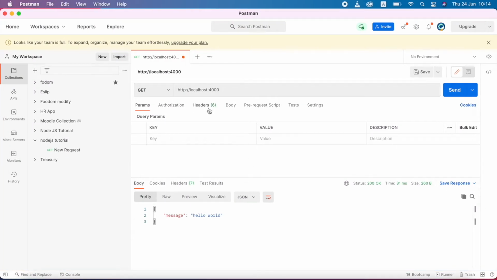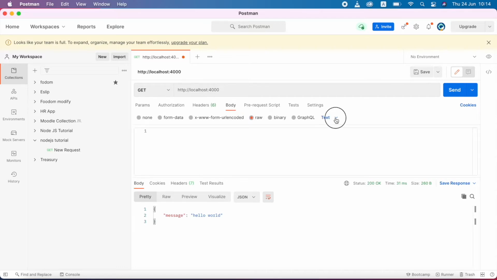You can see here there is an option called body. I click the body. After that I have to select raw, then I have to select the request format. So I am going to choose JSON. JSON is a widely known format. So here I am going to create one object. You can see here, if you work with JSON, this is a key, this is a value. Next I'm going to give age. My age is